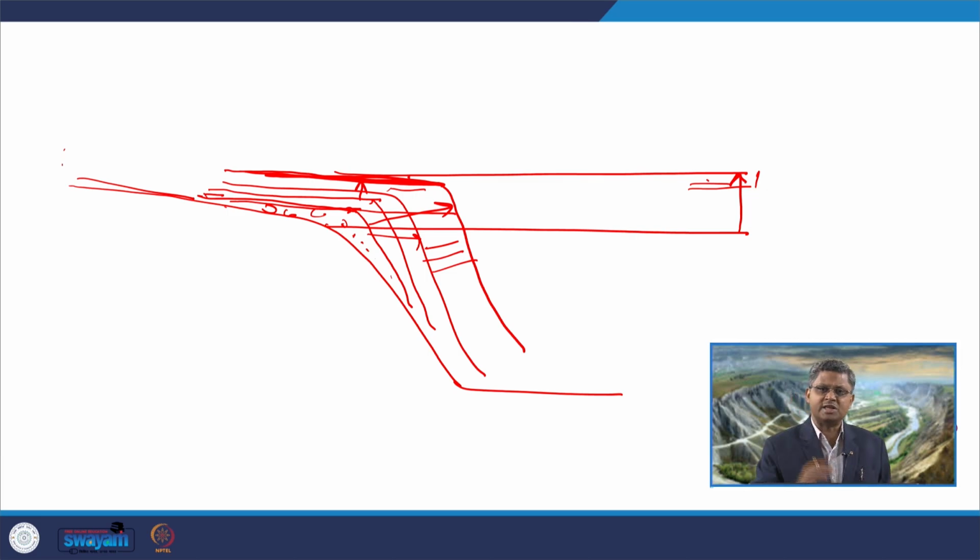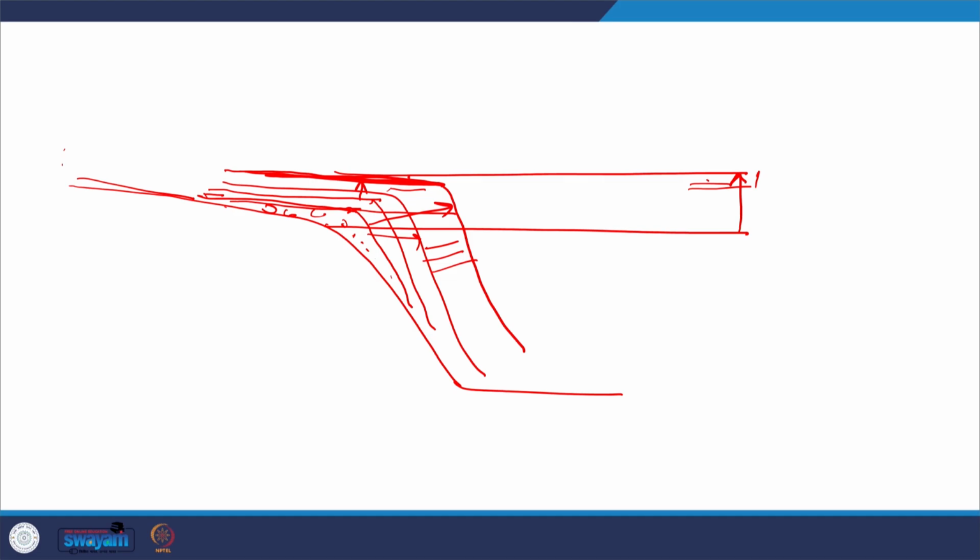Now, what kind of change in stacking pattern? In the early phase of LST, it is only progradation, not much aggradation, because the accommodation was not sufficient for aggradation. We can see some aggradation only in the fluvial part, but not much in the deltaic part, particularly if I talk about the delta lobes. But as we go up during the LST phase and more accommodation is created, the stacking pattern is aggradational with progradational.